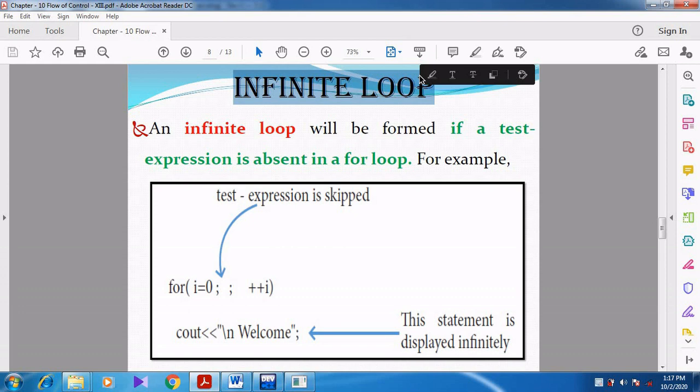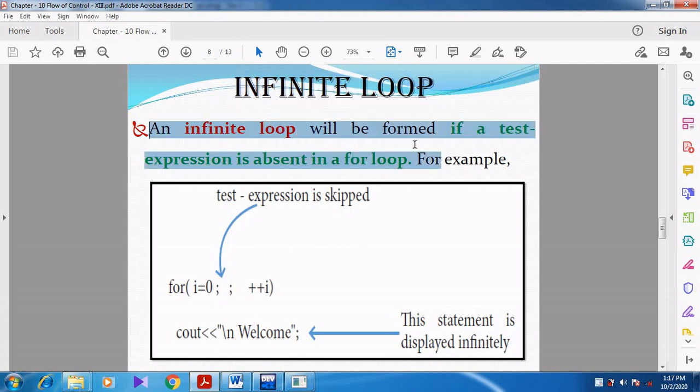Like that, a loop can also become an infinite loop. When a loop keeps executing without stopping, it is called an infinite loop. How? Let us see that.